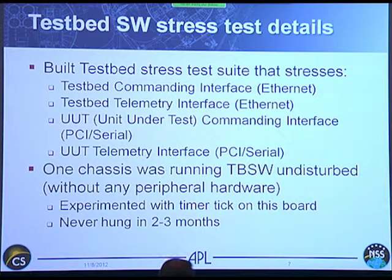So we identified our external interfaces, and we built a nice stress test suite. And we worked our internal mathematical models, really cranked it up. We did fine things with it. We increased